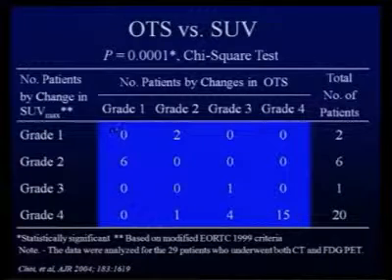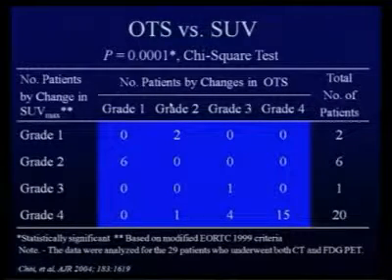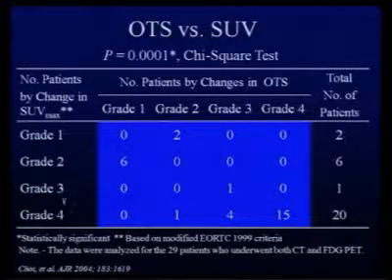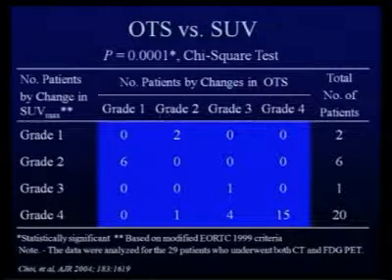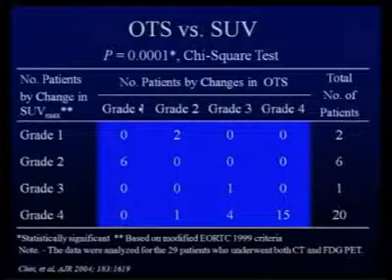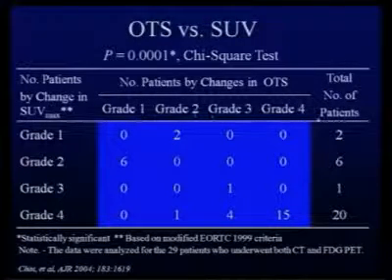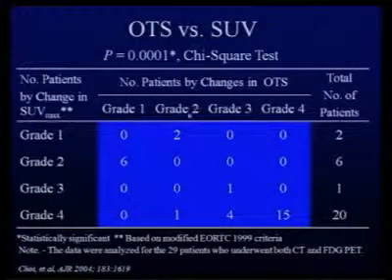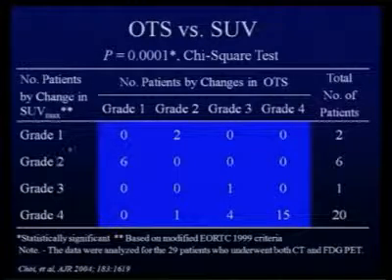So we compared the changes in overall tumor status and the changes in SUV max measured on PET images. So grade 1 on this column, on the horizontal column, grade 1 is progression of disease, and 4 being the best response to a stable disease. And on this side, grade 1 is